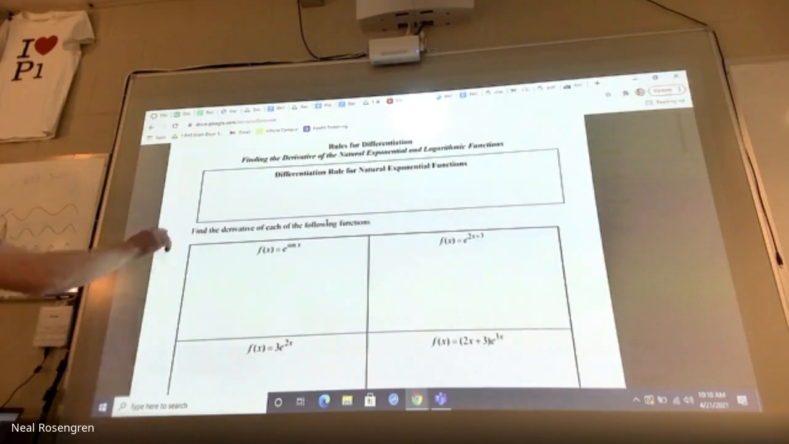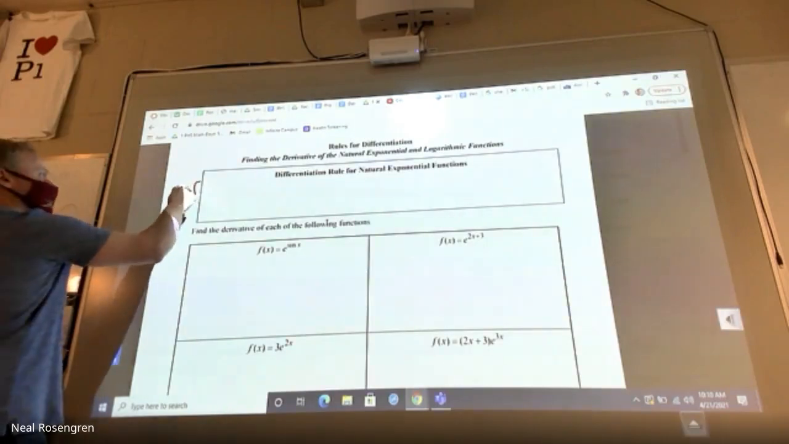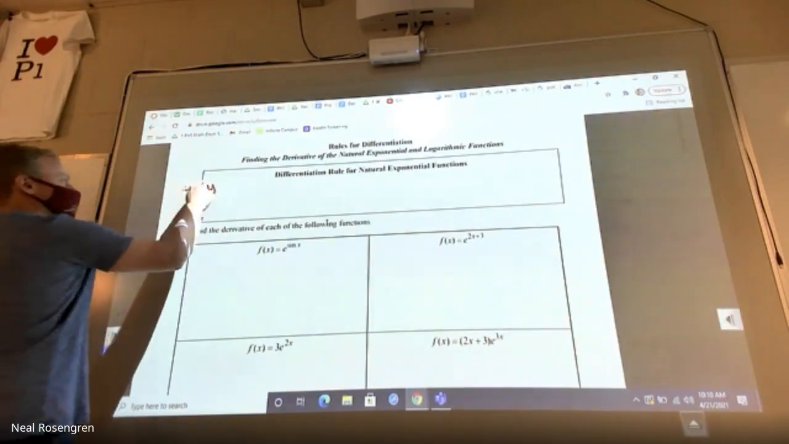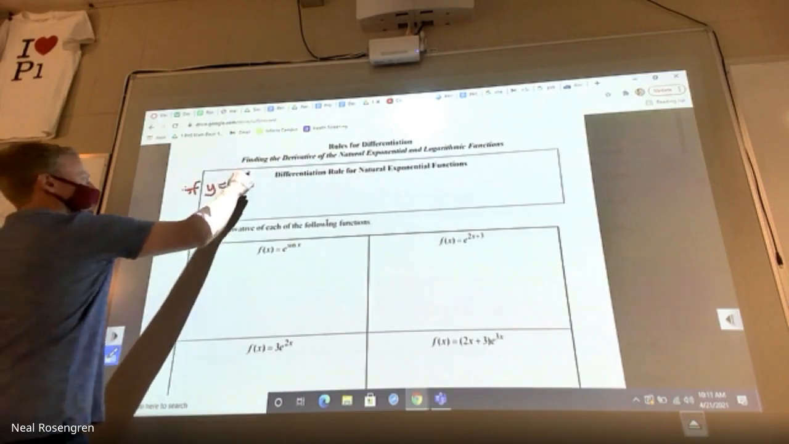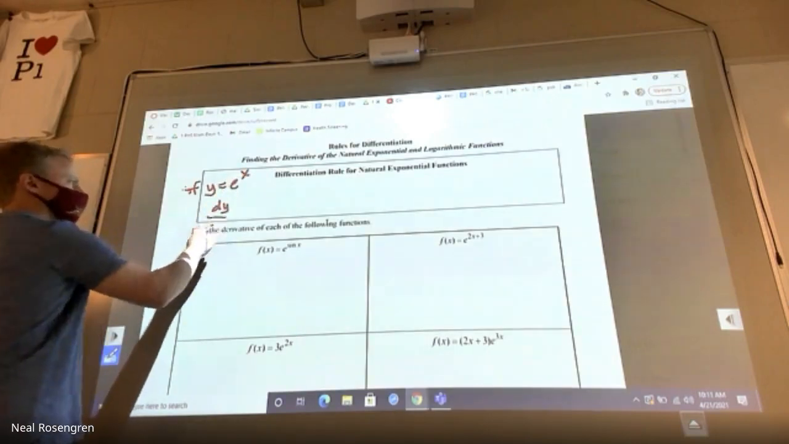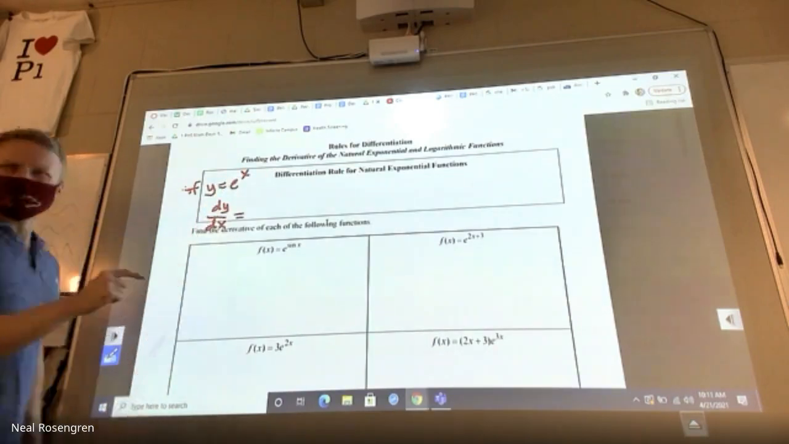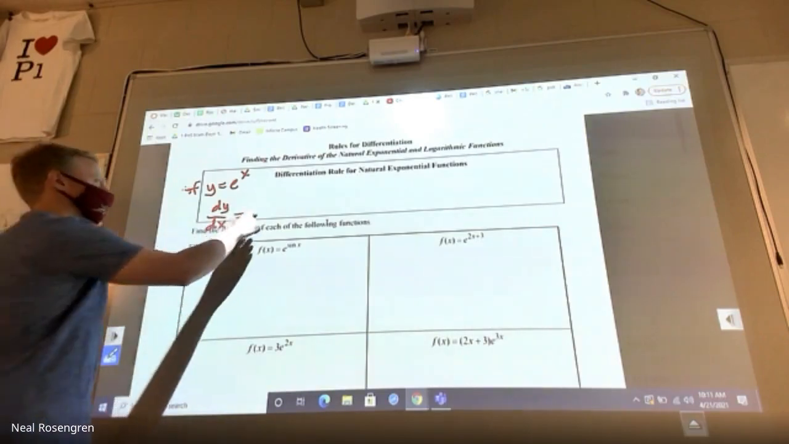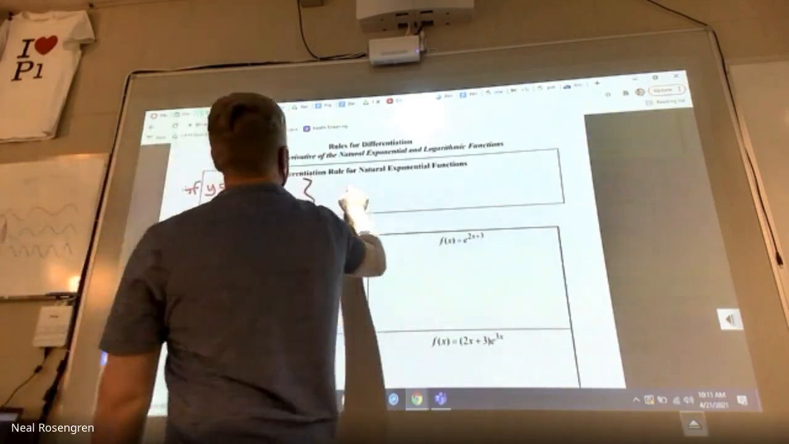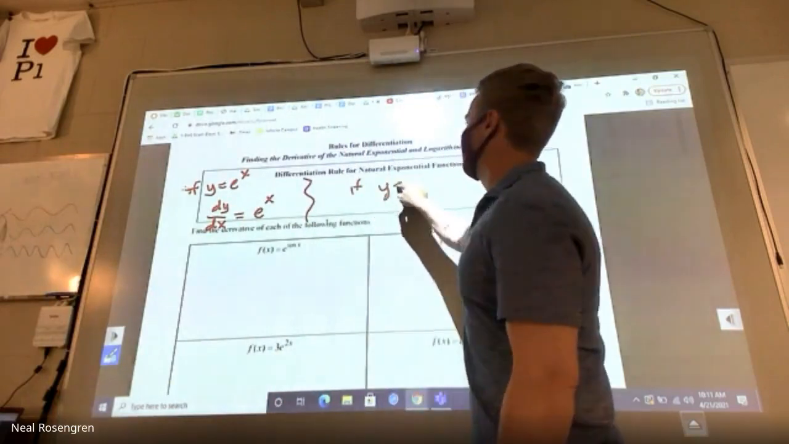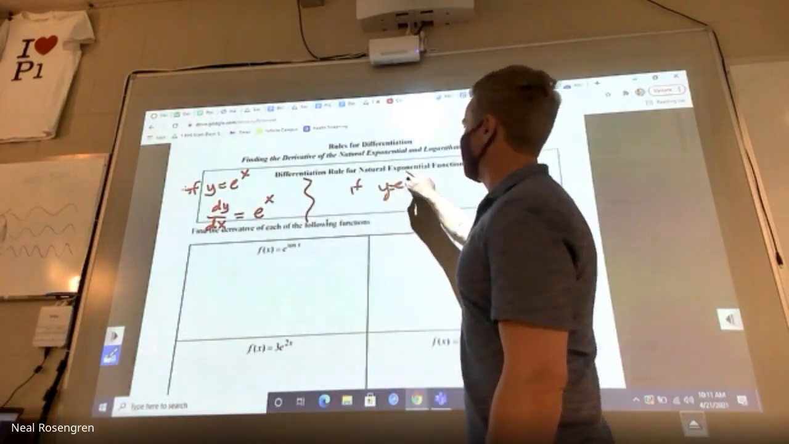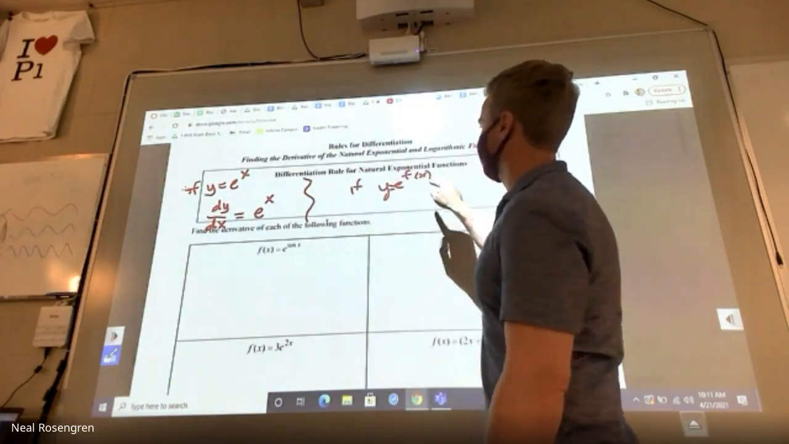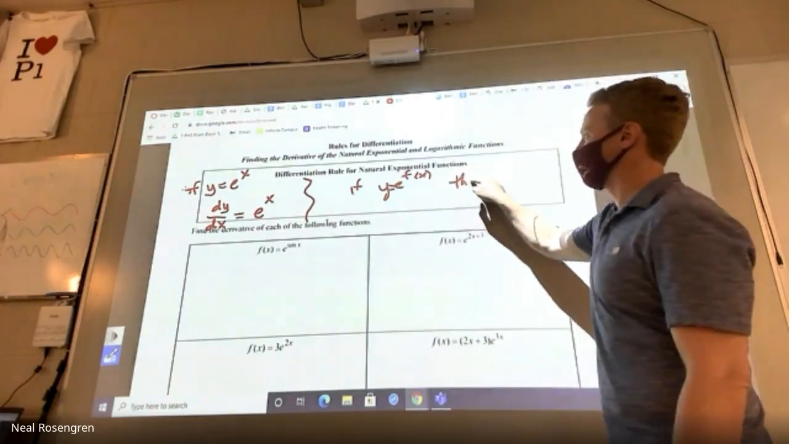So our two rules for our natural exponential. Just as a recap, if it's just e to the x, what's the derivative of that? That's my favorite. It's so amazing. Cool. But if it was e to the anything else, like some f of x,